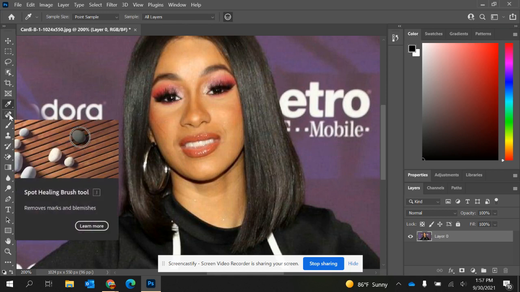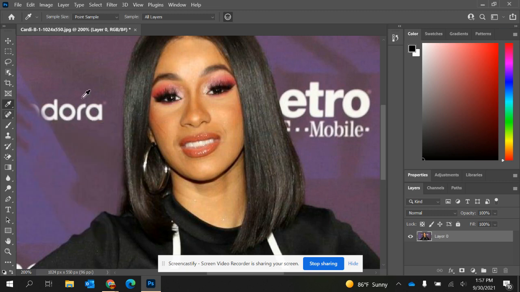And if you see on the little demonstration, they use it to get rid of these rocks. So it looks at the area around it and tries to figure out what you're getting rid of and what you want to replace it with. It's actually pretty good at figuring that out. So it figured out, okay, you want to get rid of this rock and you want to replace it with the wooden slats that are on the ground underneath it, and it works pretty well. So we're going to do that